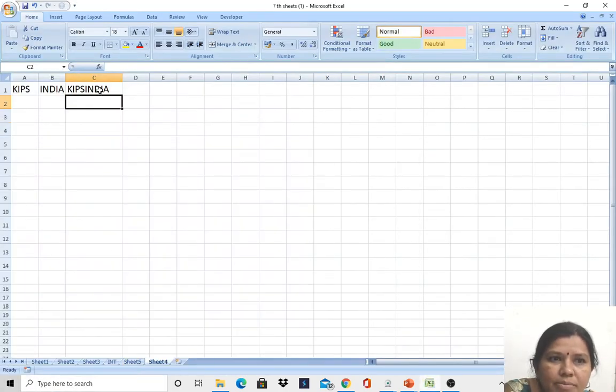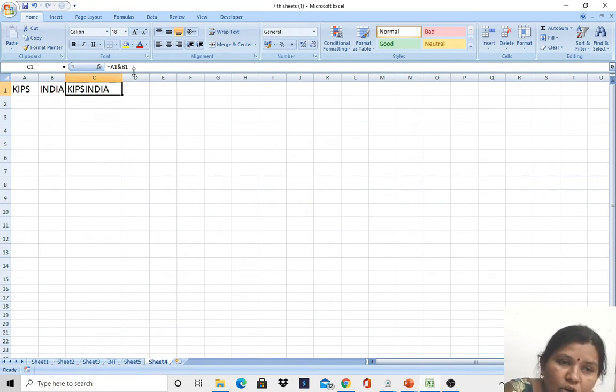See, for example, this is an address. This address in the cell, in the formula, is known as what? Cell reference. Here I am in the formula bar. You see A1 and A2, and this is what a cell reference is. A1 I have given as a reference, and B1, right? This is a cell reference.